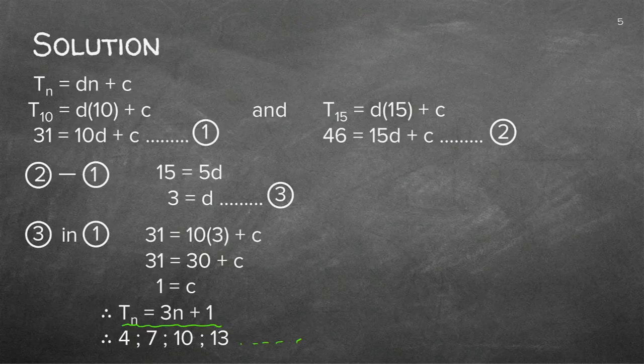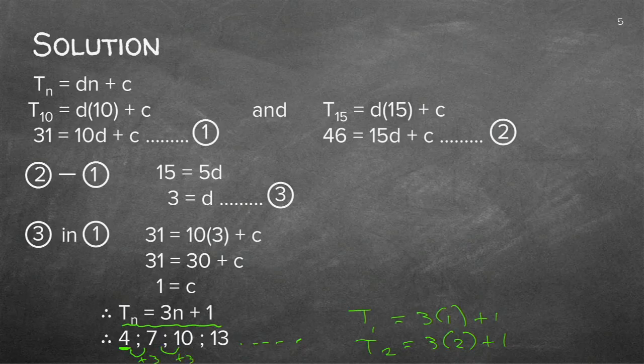Now, where did they get the 4 from? They did T1 is equal to 3 times 1 plus 1, which gives me the 4. And so they did with every other one. T2 is 3 times 2 plus 1. And that's where they got the 7, etc. And now we can also see that there's a common difference of 3. We actually knew it from the very start. So even if you only started with the 4 and you added 3 each time, then you'll see you get to the next term.